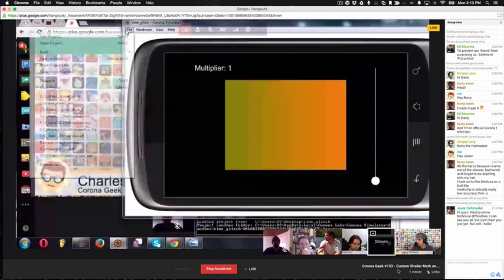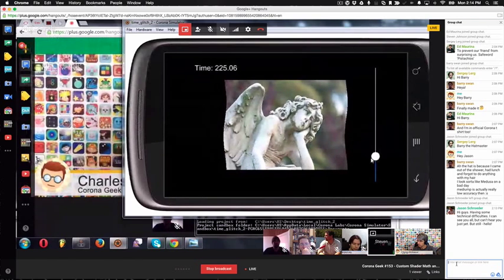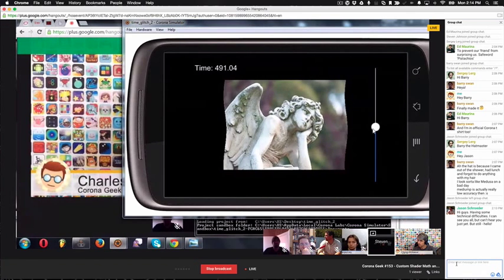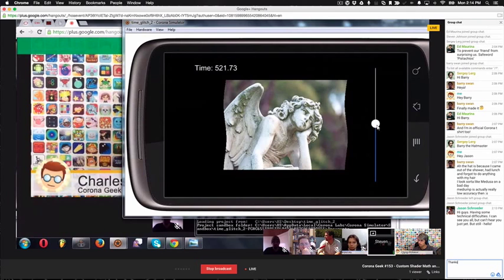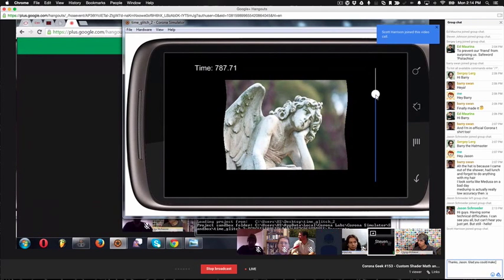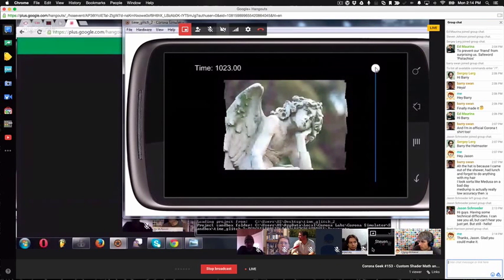I think I'll show this one first. So this is what I was showing before, where the heat haze would vary with time, and I'm passing in time as an input. And we see the time goes from 0 to 1024, and it's okay up until about here, as it's crossing from 700 to 800. And if we look at the code for that,